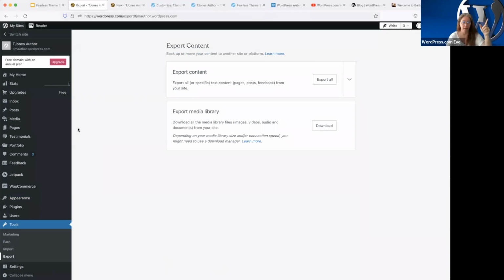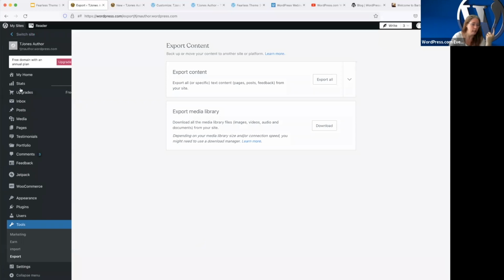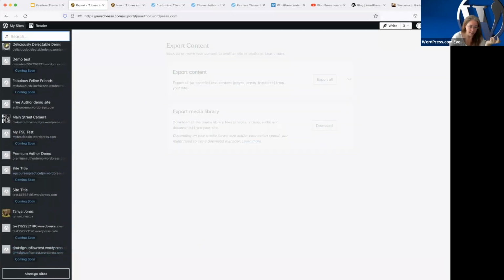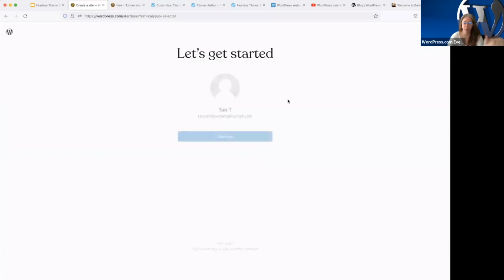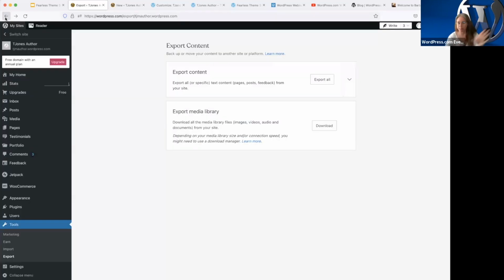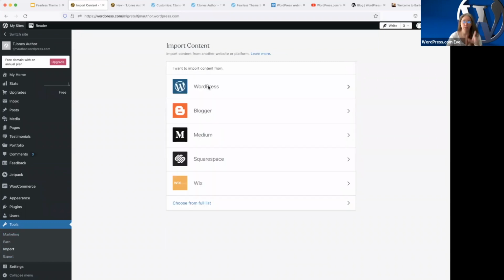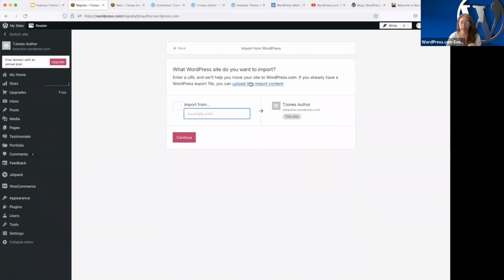And then you want to create a new site. So you want to find the Add New Site button. Go through the process of adding a new site. Just put it on the free plan, free domain, all that kind of stuff. And then on the new site, under Tools, Import, you're going to go into the WordPress one and click this link up here,